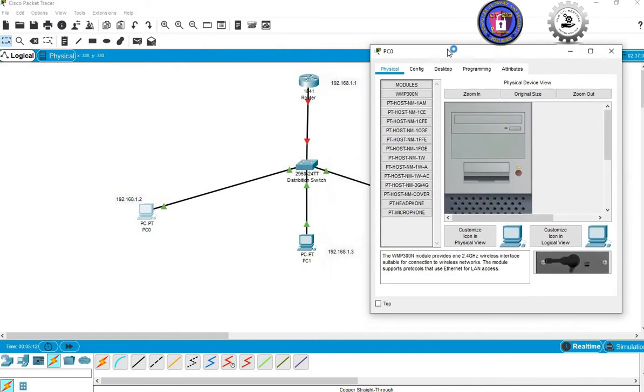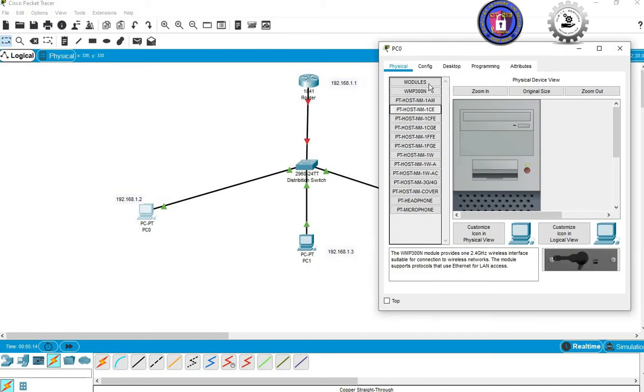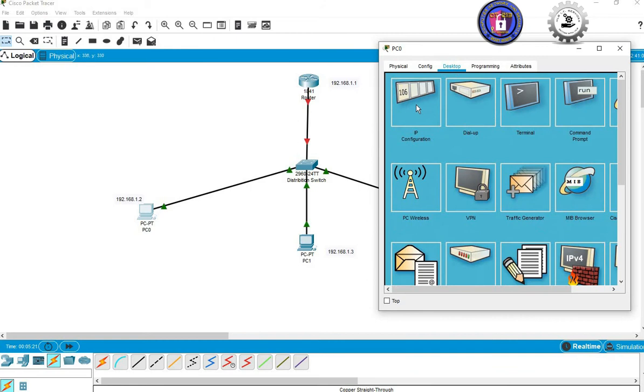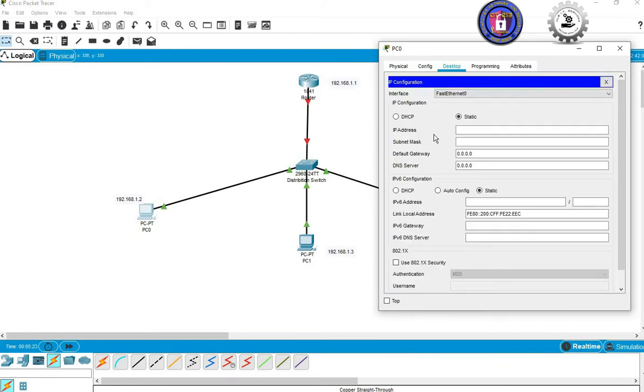A new window will open, and here you're going to choose the Desktop tab and choose the IP Configuration. Click that one and set your IP address here under Static, not the DHCP but this Static option. Type your IP address here, 192.168.1.2,